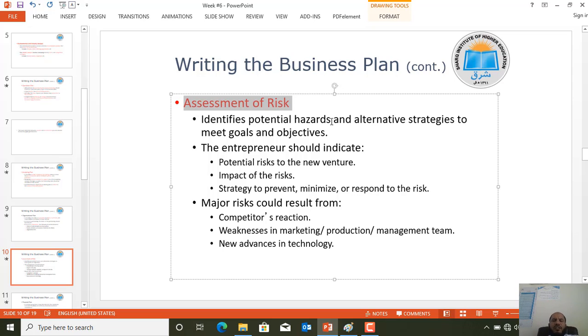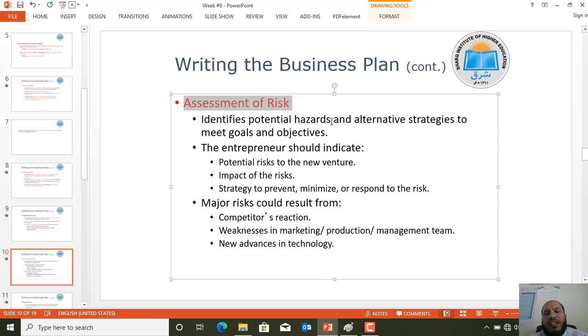Risk may be political, risk may be economic, risk may be exchange rate, risk may be cultural factors, risk may be like natural factors and others. But dear students, before going towards the business, it is our responsibility to identify all the risks that we may face during the business, and identification of the risk factors will help us to mitigate this risk, or to prepare the response policy for this risk.